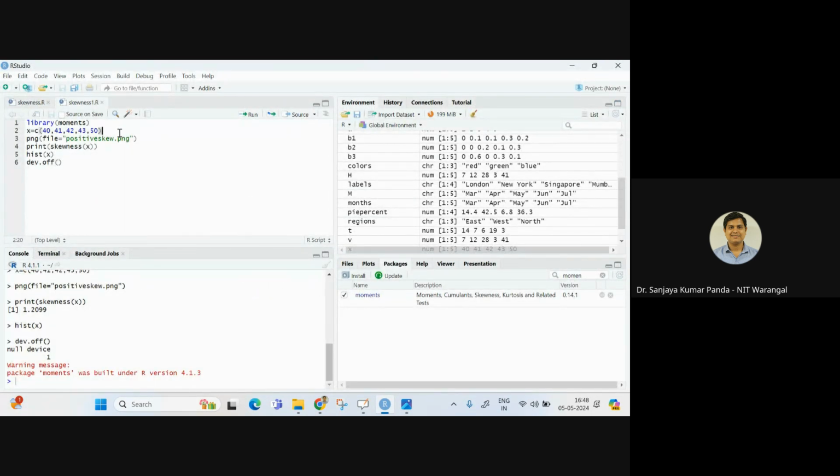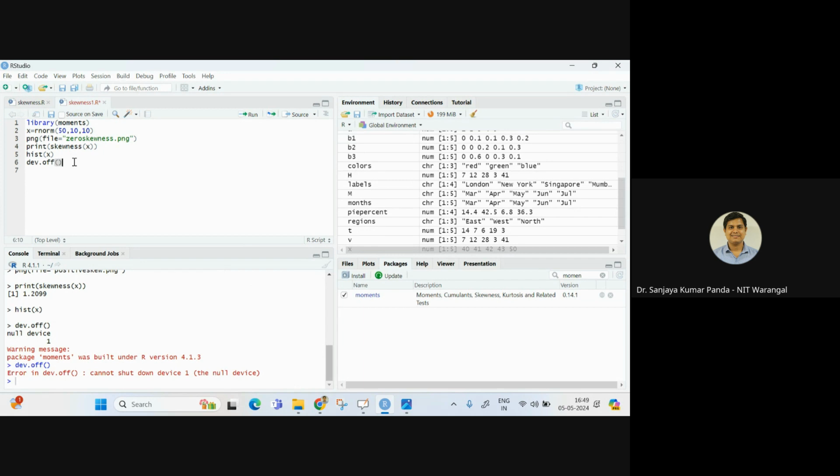In this case, I'm generating a vector x without specifying particular values; I'm going to use a normal distribution. So I'm mentioning rnorm 50, 10, 10. Okay, these are the parameters of the normal distribution. And let's say I am giving the file name as zero skewness. Okay, because in the normal distribution case, you will get zero skewness. And print skewness and the histogram as above. So in this case, if you execute it,